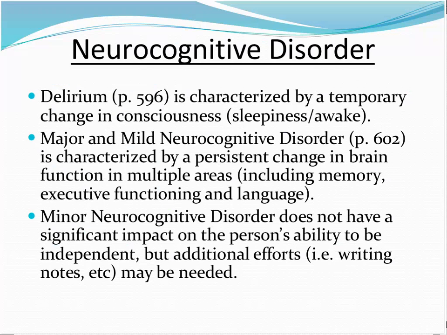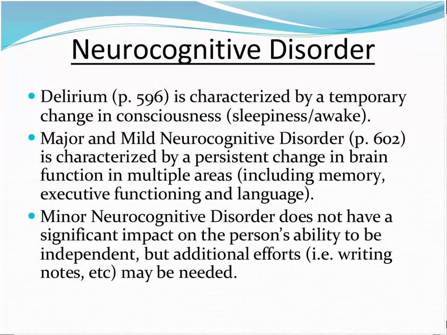Okay, neurocognitive disorder. These are basically the same. Delirium and dementia are both listed under neurocognitive disorders as they all involve physiological changes in the brain. Delirium criteria remain the same, but there is text to increase the attention on the disorder and to provide a more concrete picture of how delirium may present. It is also noted that delirium is usually related to physical illness, substance abuse withdrawal, or toxic exposure.